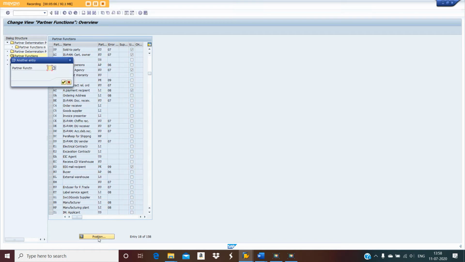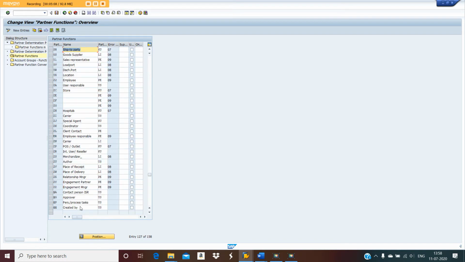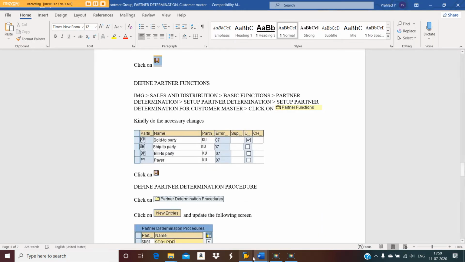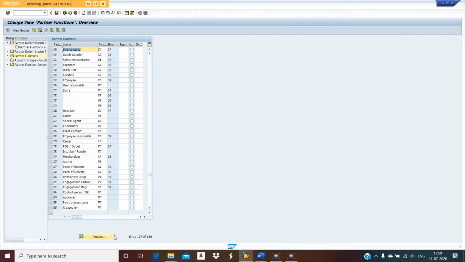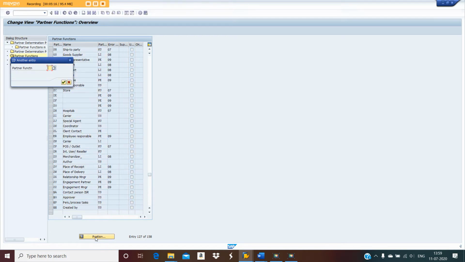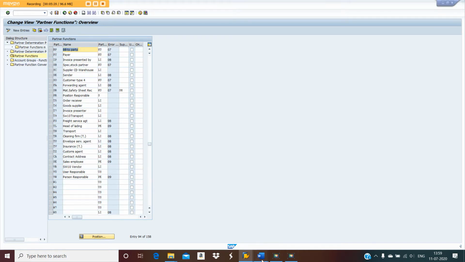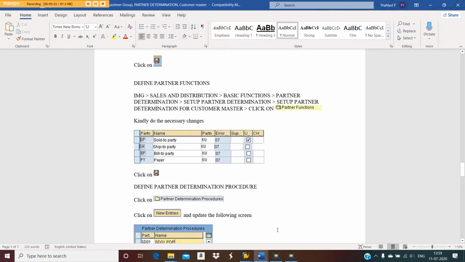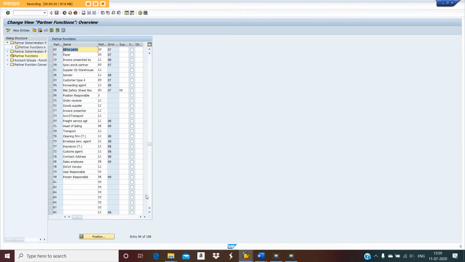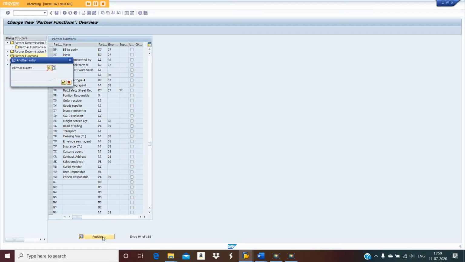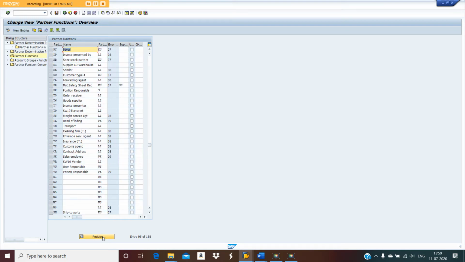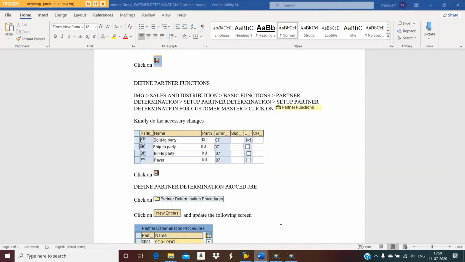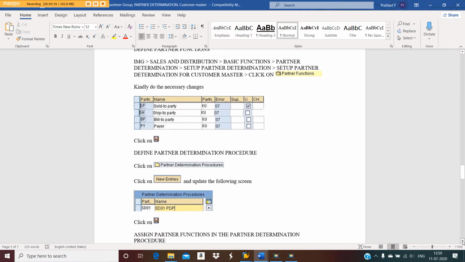Click on position, SH, SH is also there. Then BP, BP is also there. Then PY is payer, payer is also there. So all the partner functions are there.